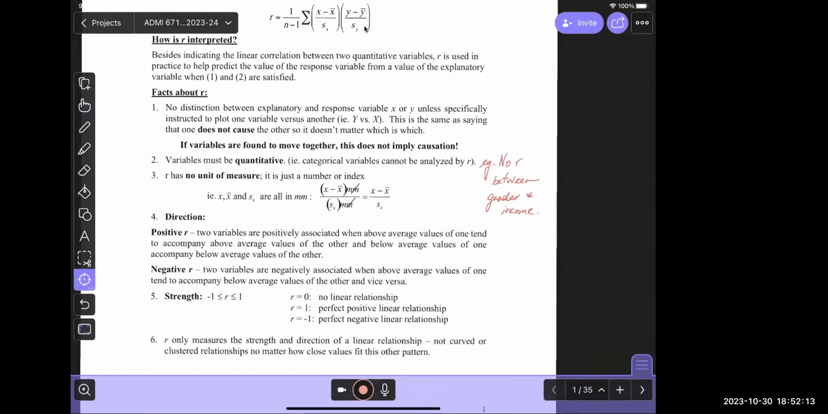So we look at the direction. R will be positive when two variables are positively associated. What we'll see is that above average values of one of the variables tend to accompany above average values of the other, and below average values of one variable accompany below average values of another. So for instance, in the example that we use, the variables fell on a line, but in general,